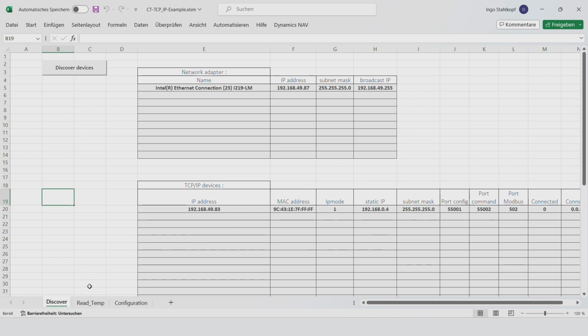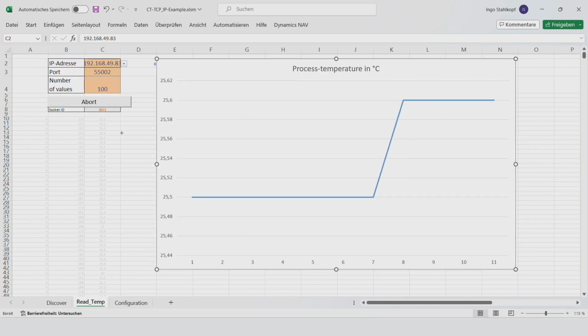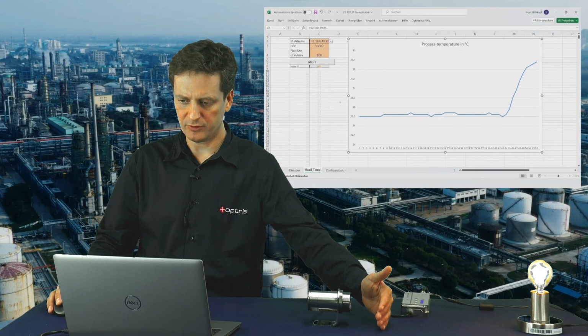We want to read out temperatures from our infrared sensor. Therefore, we go to the Read Temperature tab. Now it's important to get connected to the right unit. Here we see all available units connected in the network. In our case, there's only one sensor. And we see the port, which actually needs no change, and the number of values we want to read out. If I click on Connect, now we see 100 values